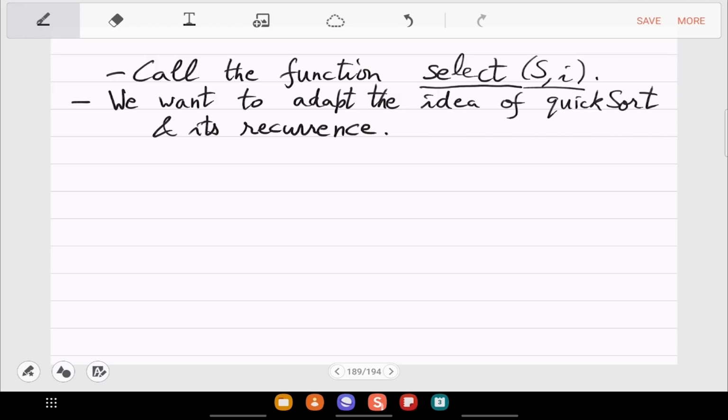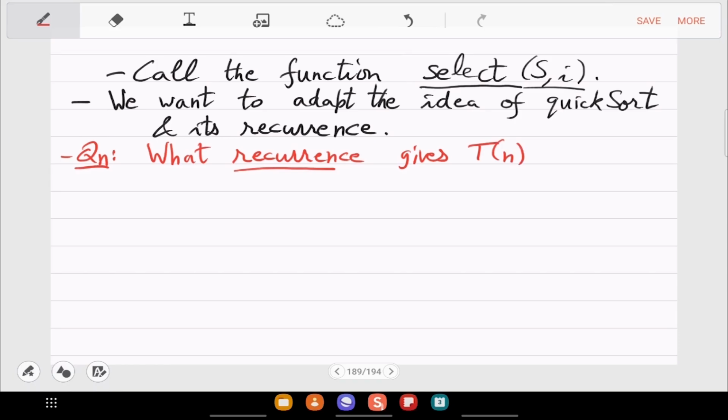So for that, the question is, what kind of recurrence gives you a linear time answer? Time complexity on an input of size n, you want order n.